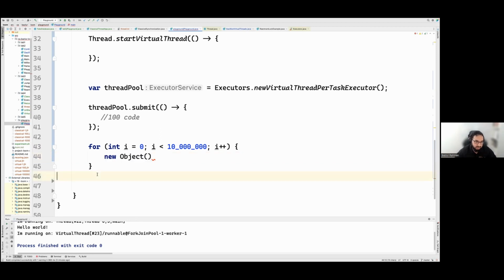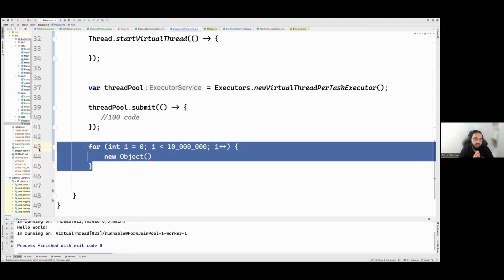It's similar for virtual threads as well, because a virtual thread is not an actual thread. It's a Java construct. You can think of it as a simple Java object that does certain magic, which I'm going to explain in a minute. But the parallel is basically the same.